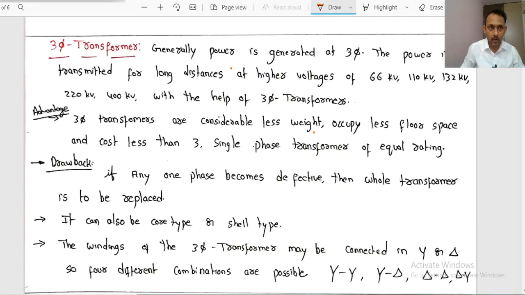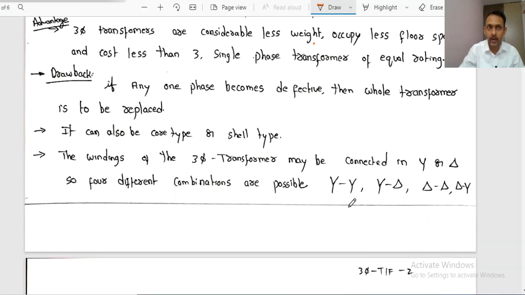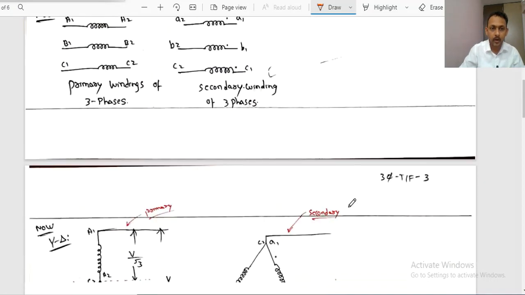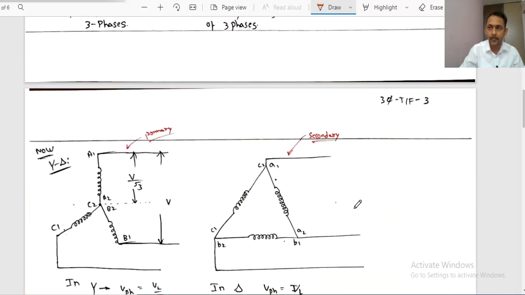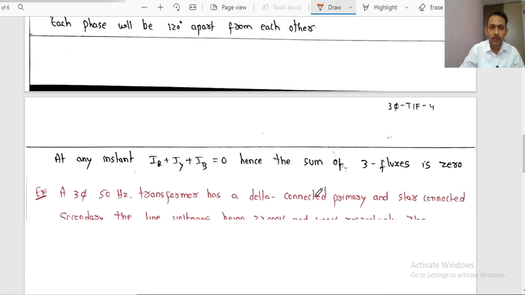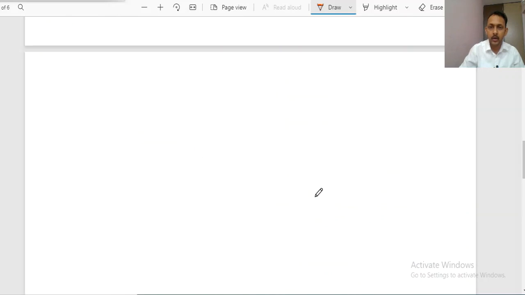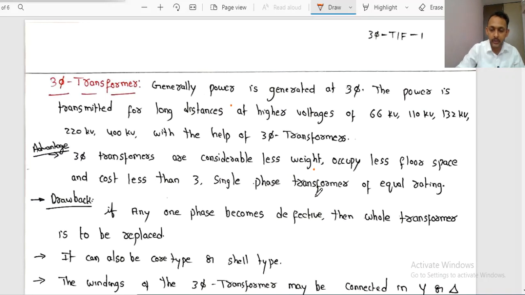In this video, we are going to discuss the three-phase transformer, and we will see its advantages, what the drawbacks are, what the different modes of connection of the primary and secondary are, and also how to represent its connection, whether it is star connected or delta connected. We will also discuss one example on this topic, right? Please observe, dear students, with respect to the three-phase transformer,